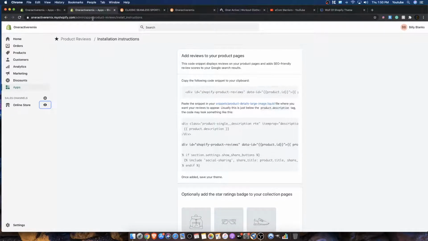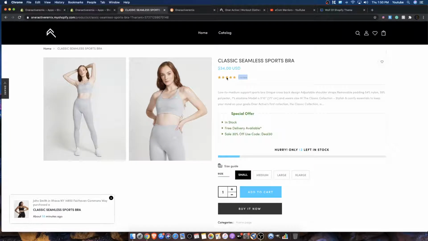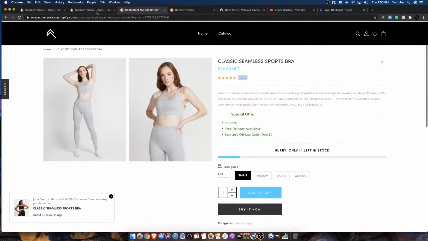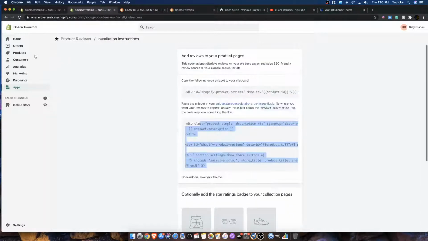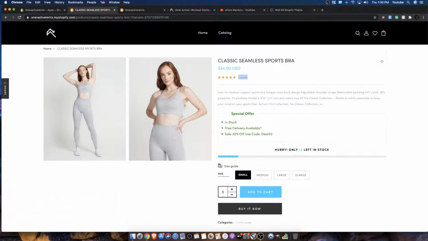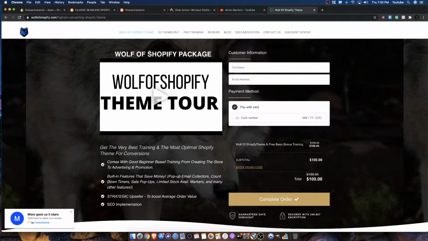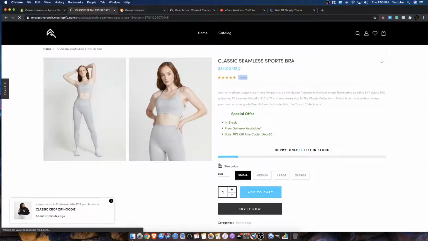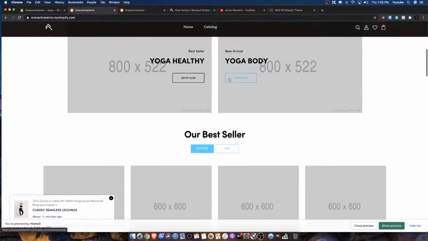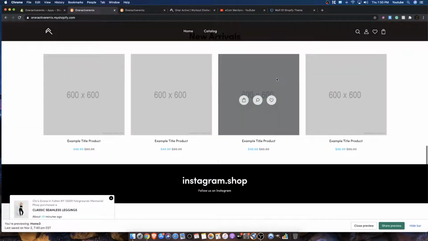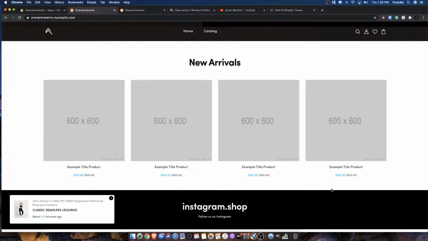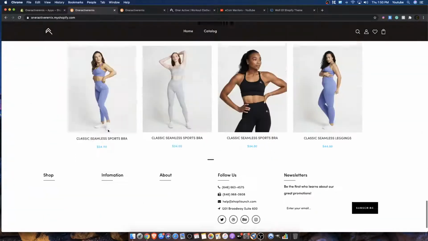Now that our reviews section is installed and we didn't really need to make any edits to the code or any embeds to the code, we're good. So let's just go ahead and get rid of this page. And if you're using the Wolf of Shopify theme the way I am, you should have no issues also, right? But generally, if you are using any other theme, you should have some idea as to how it works. So anyways,